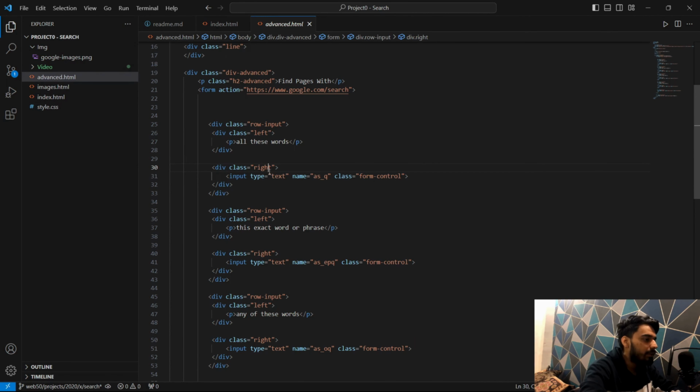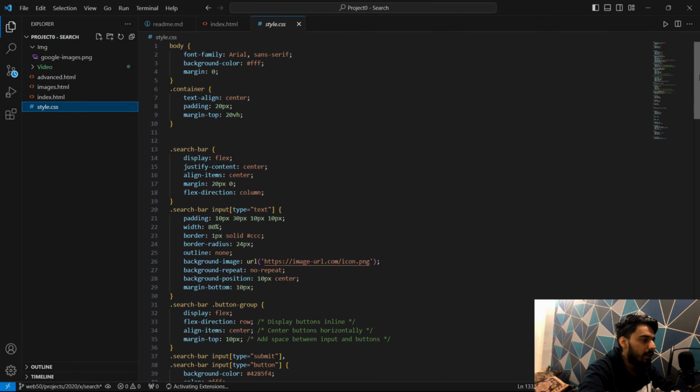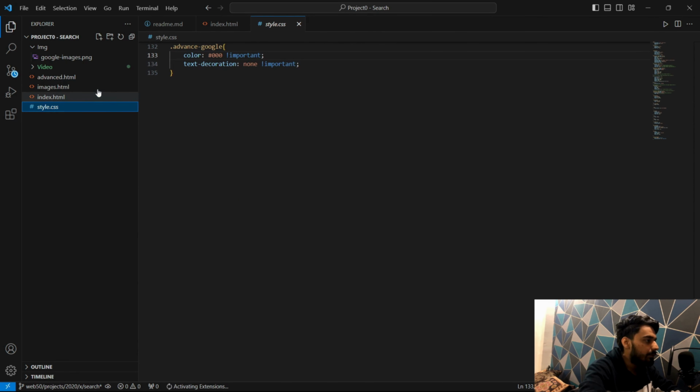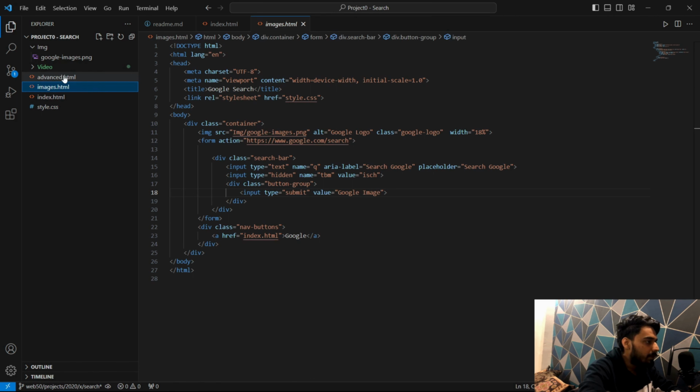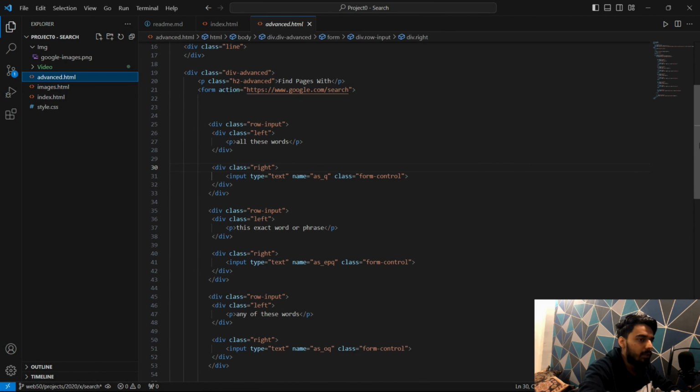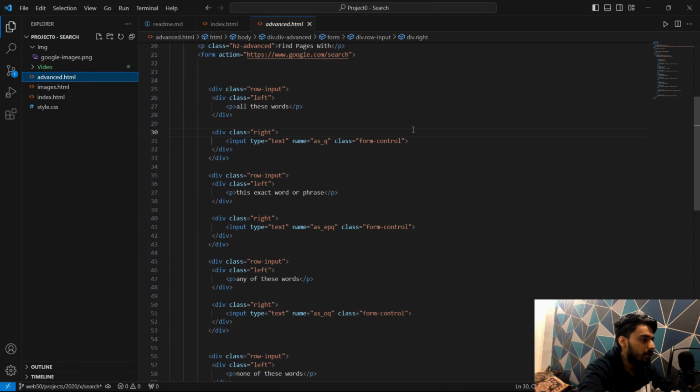So we have defined CSS in another file. As you can see, this is CSS. So we have defined our CSS here to design this page. I'm not going into designing this. In this video we will not be talking about designing, we'll just talk about the functionality. So for functionality, in the right column, which is the input box, we have put